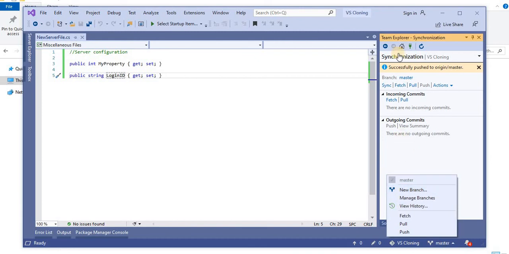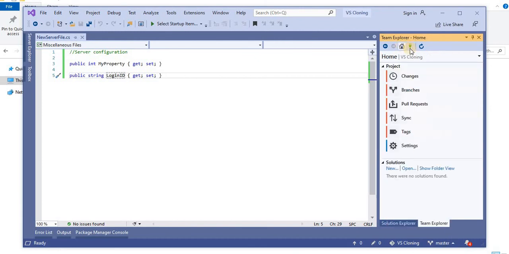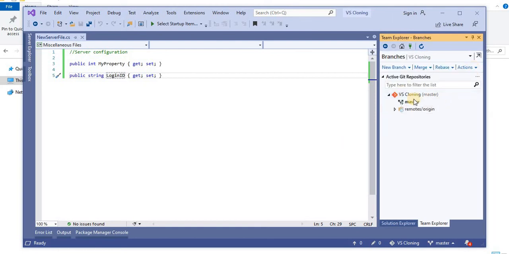And for checking out to another branch, what we have to do, just go to the home, and here you are looking at called branch. Once you click on the branch, here we are not looking at the other branch. So where is that branch? That branch is not showing here as well. And why are we not looking at it here as well? Because the folder that the code is coming from does not have any latest code.